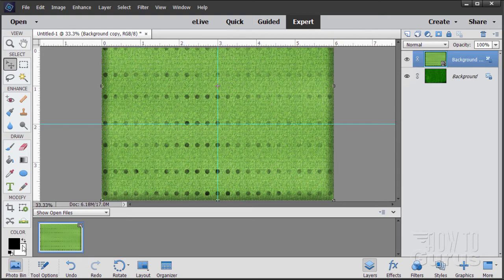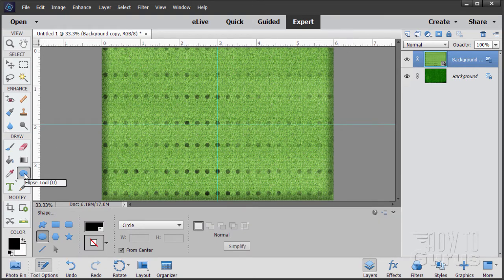Now I'm going to change my colors here to black and white so it's easy to see what we're doing, and then go over here to the ellipse tool. Now we're using this to make a selection, and then using the selection to make a layer mask. The reason why I'm using the ellipse tool instead of just using the elliptical marquee up here is that I want to be able to draw from the center, and I can't easily do that with that tool, but I can do it with this tool. Okay, so set this at unconstrained, from center,